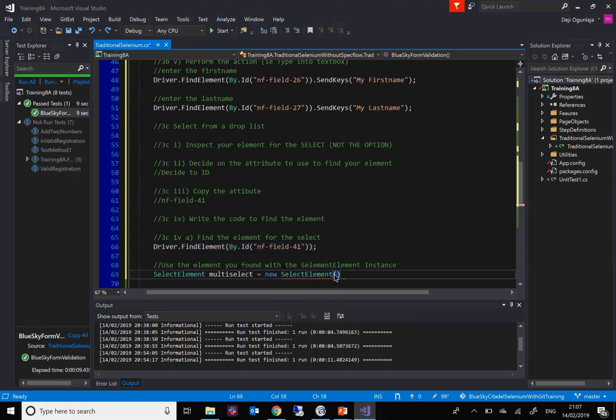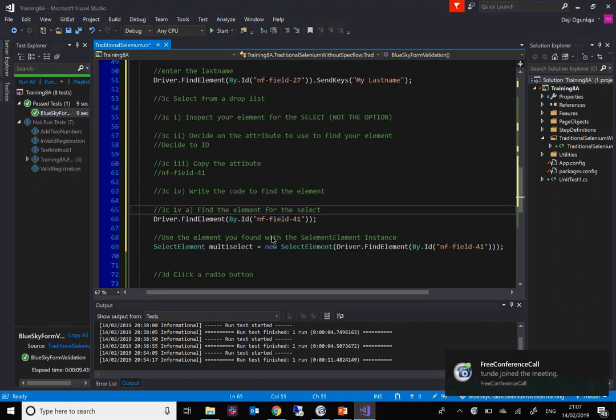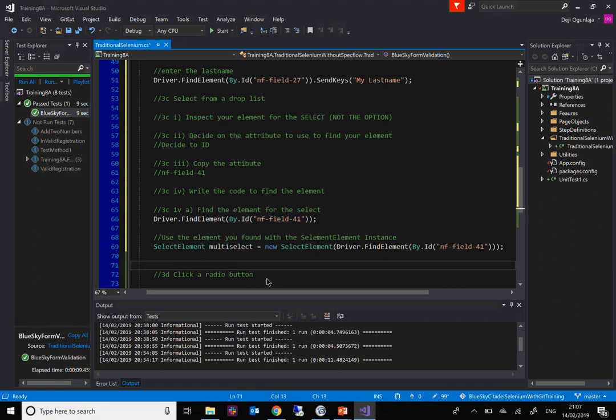So let's paste it inside. Okay, yeah. All right, cool. So that would find this select element for you. Then the next one, now you need to, so this is now